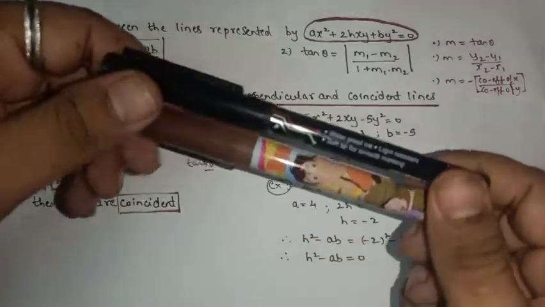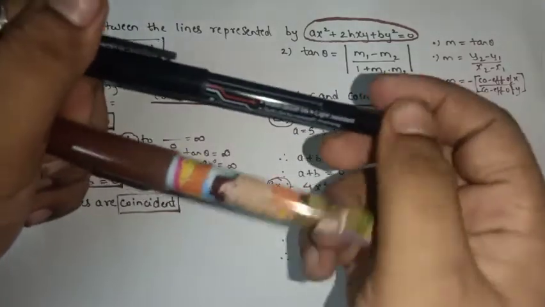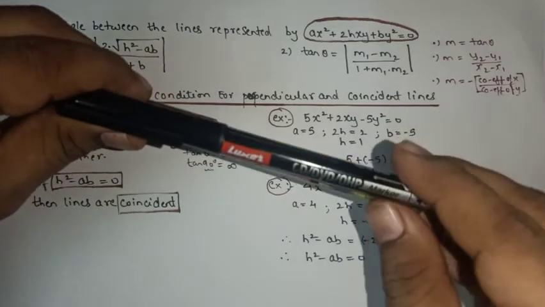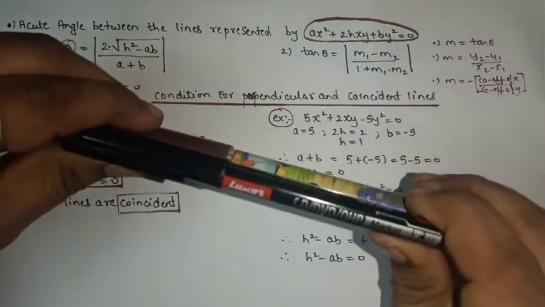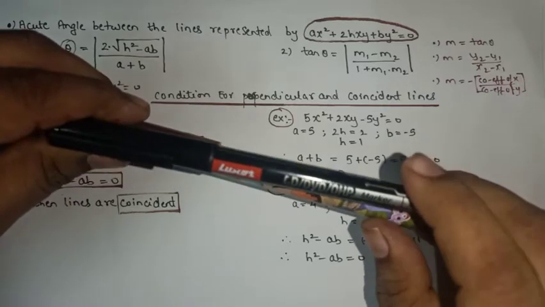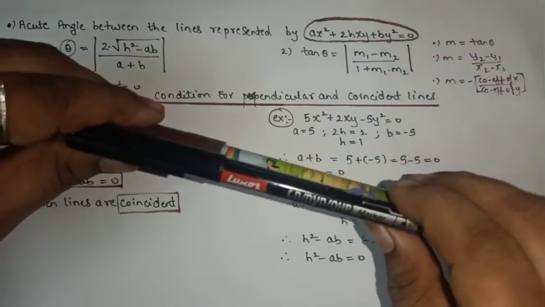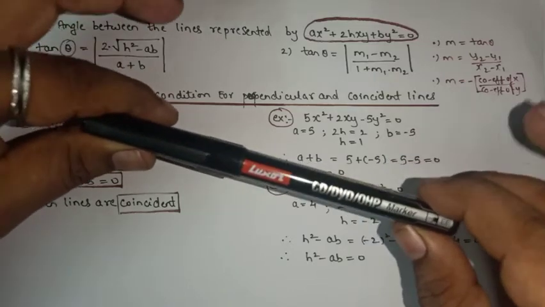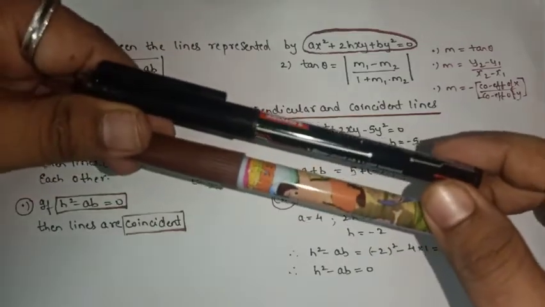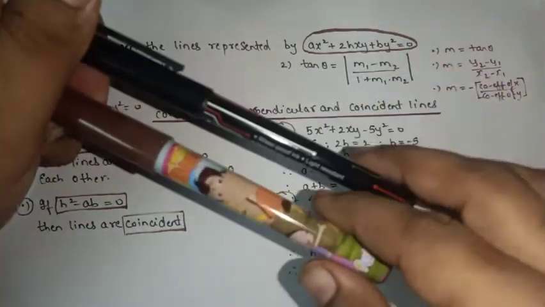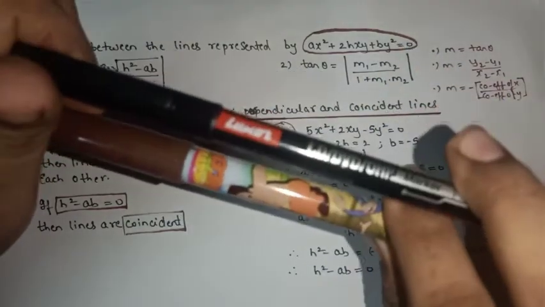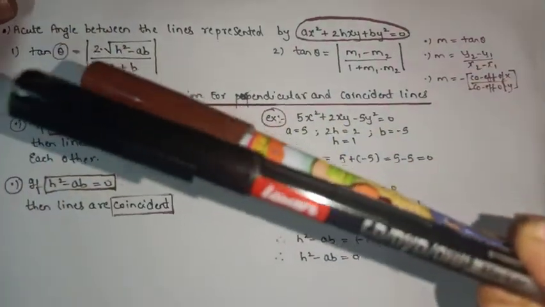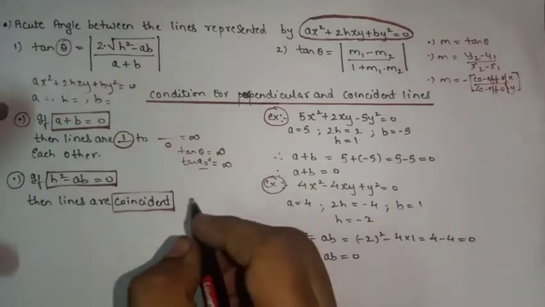So can I say the distance between these two will be the same, but you can see only one line, yes or no? And from this we can predict that the coincident line is also known as the parallel line, as they lie on top of each other. Can you see the space? The distance between these two will be the same. So these two lines we can consider as parallel also. So here we can say that coincident is also known as parallel.